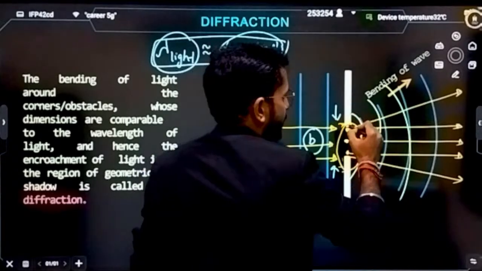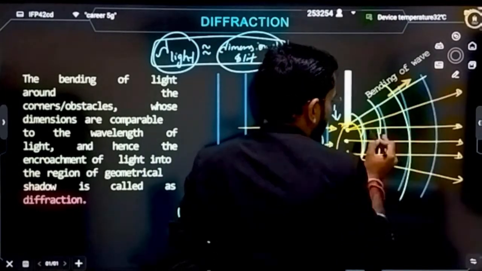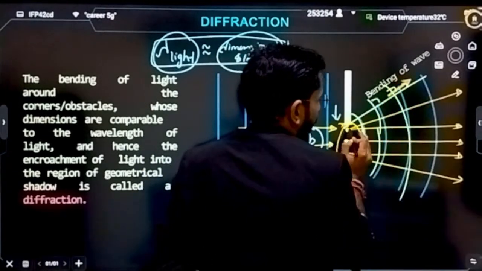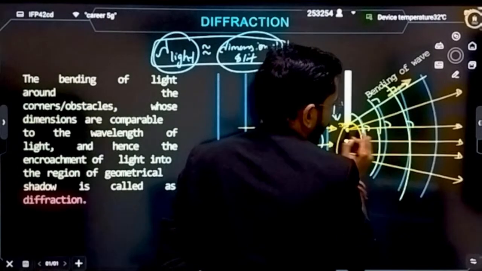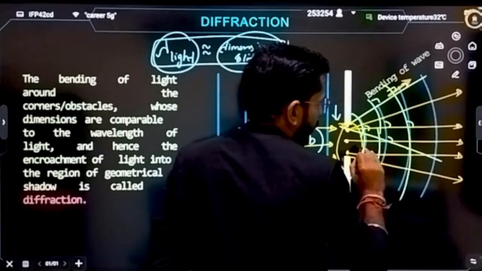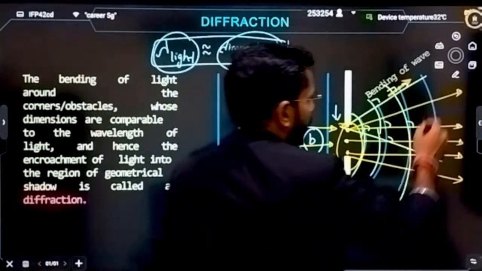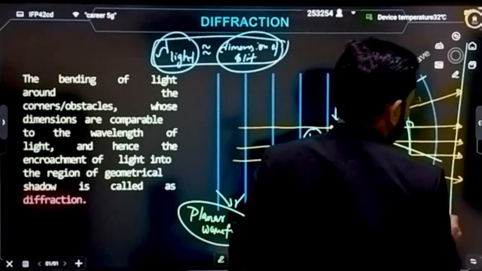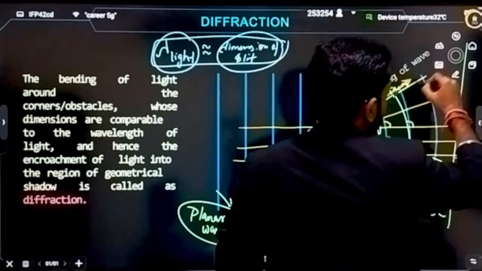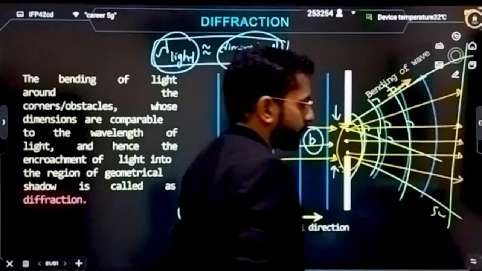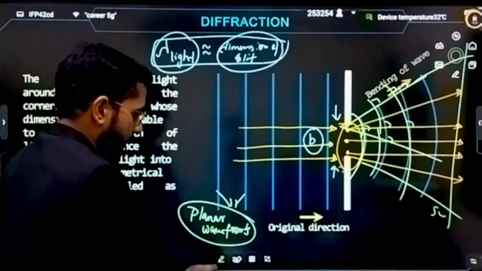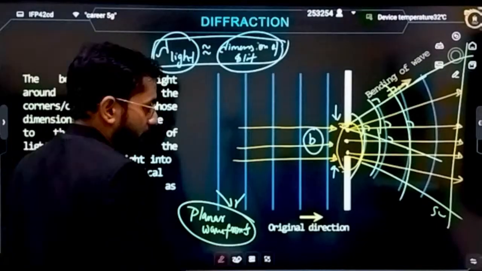And if they are making their own wavefronts, can I say light will be passing from here also, perpendicular to the surface, from here also, from here also. So light will be passing in all the directions. That means, if this is the screen, it is going to illuminate this much section of the screen. And if I say that no, light is only passing in a straight path,